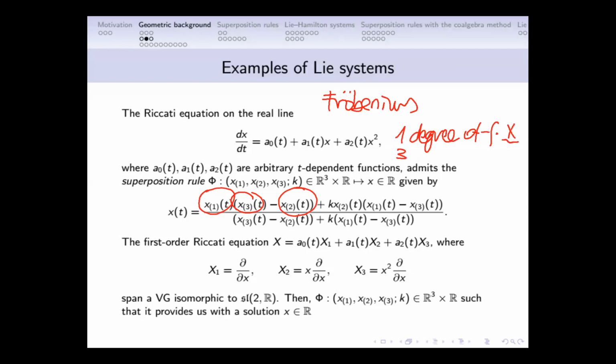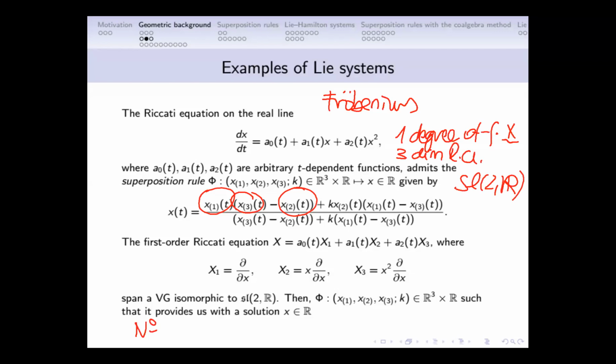And we have a 3-dimensional Lie algebra, which is the SL2R. So the Frobenius theorem tells us that we can get so many first integrals,